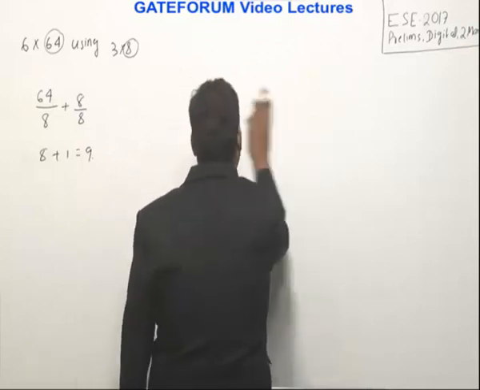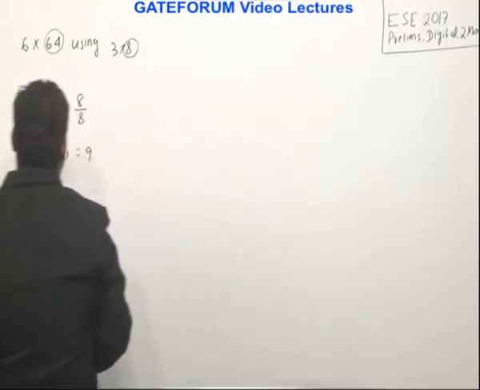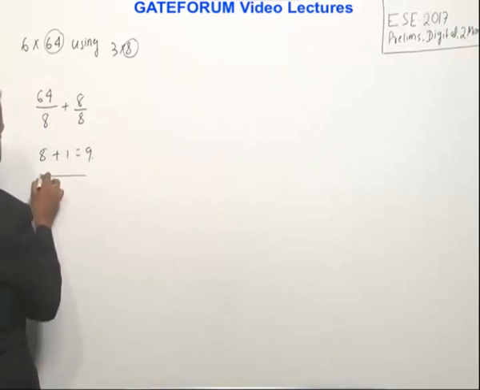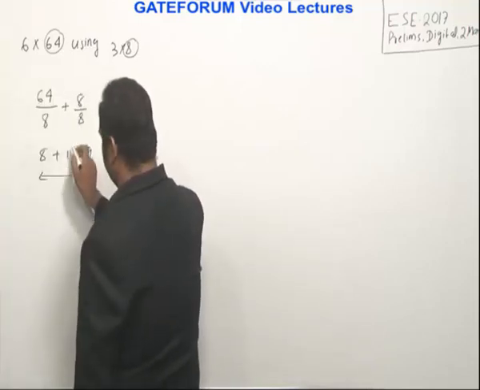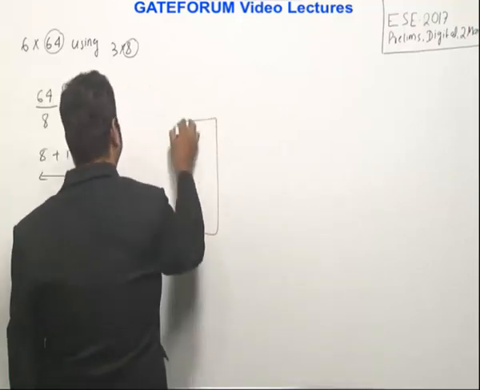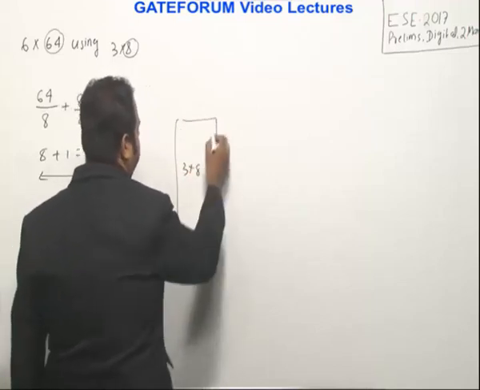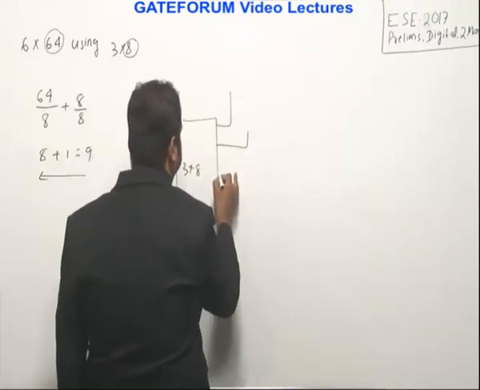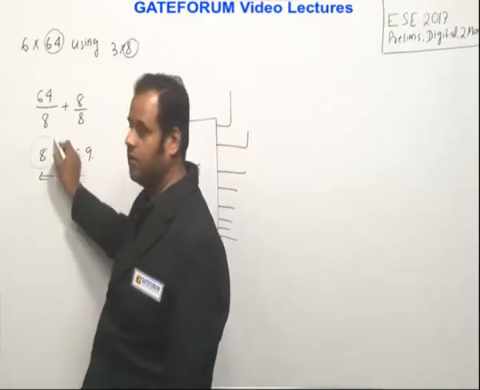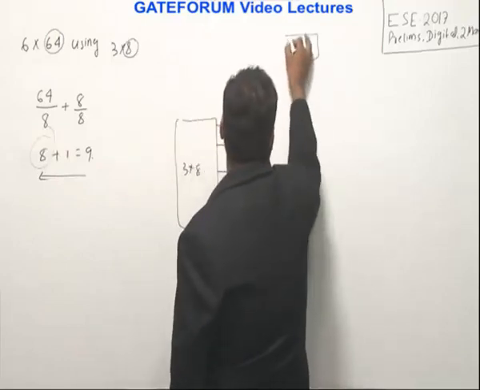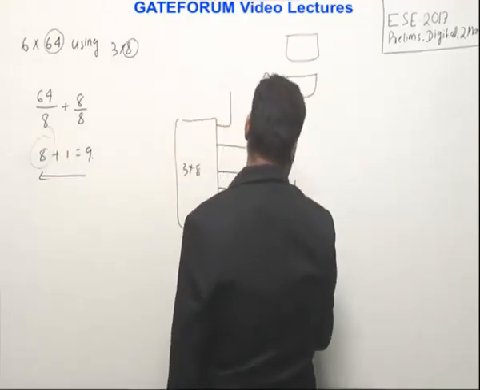If someone asks how to implement this, let me give some idea. In these kinds of cases, you move like this. There are 2 stages in this design. The first stage will contain 1 decoder and the second stage will contain 8 decoders. And don't forget, we are using 3x8 decoders. So in the first stage, I need 1 decoder of the structure 3x8, which has 8 outputs. In the second stage, I need 8 of these, so I connect 8 3x8 decoders like this.